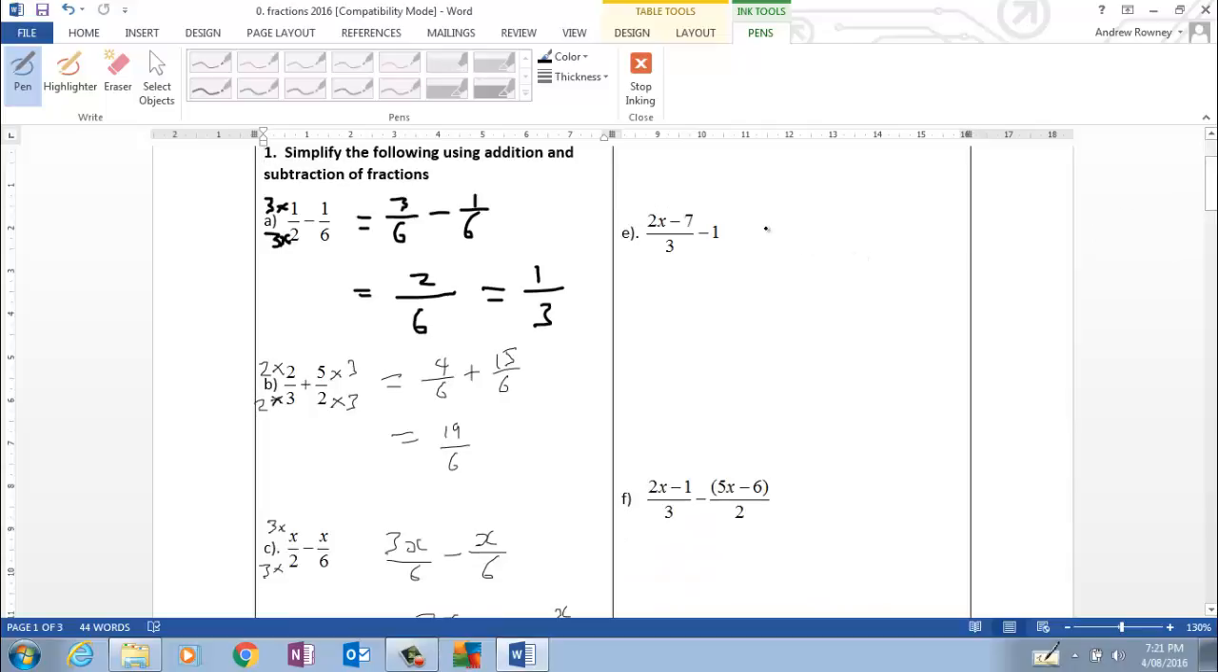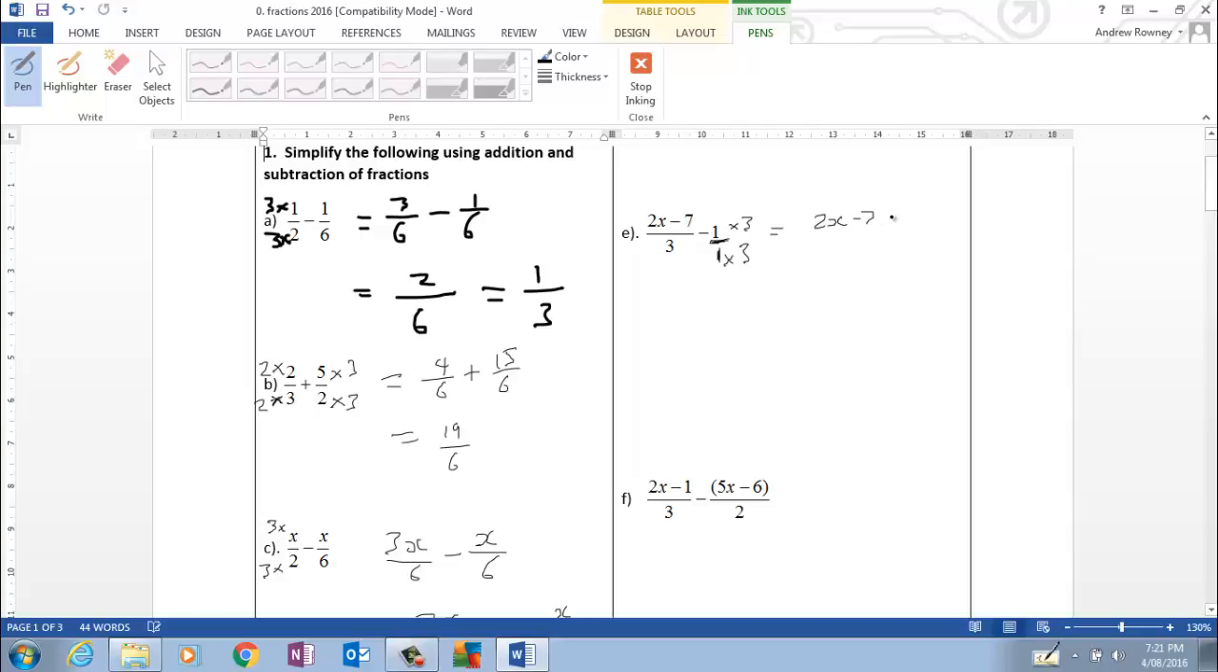On the right hand side we have 1. Now we're going to change 1 to 1 on 1 because we've had fractions on both sides up until now. That's the same thing, 1 on 1. Well, we want the denominator to be 3, so we can times by 3, times by 3. And so we have 2x take 7,